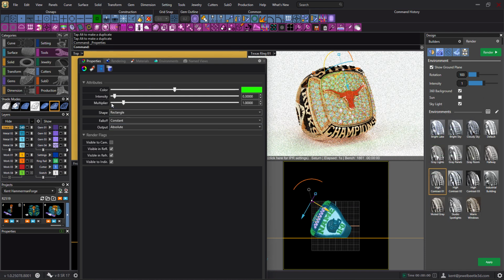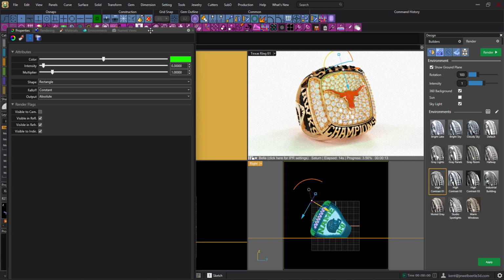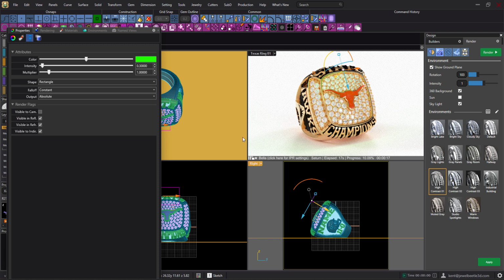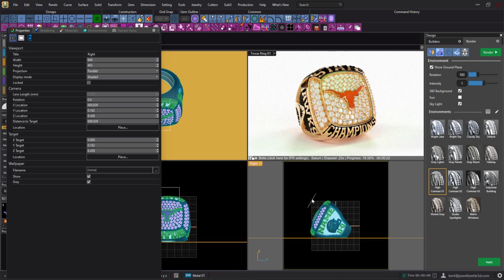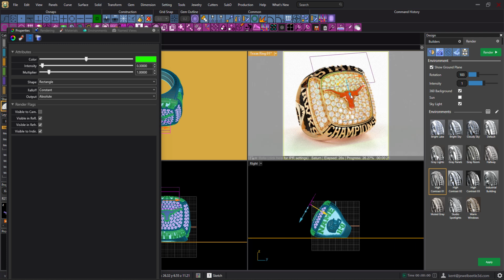And I'll leave it fairly bright, which the intensity of 3 and the multiplier of 1 is fairly bright. Let's go ahead and move this out of the way here a bit. Okay, and then I'll go ahead and grab the light, and as we move it, you can see where it's